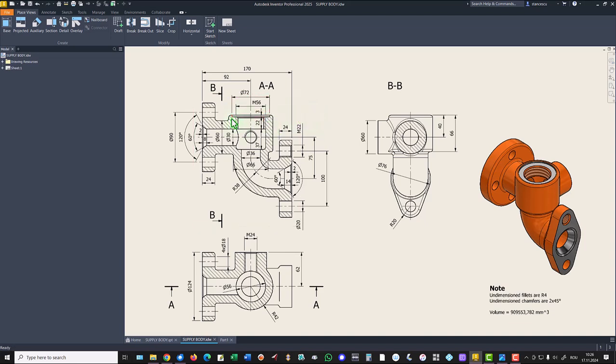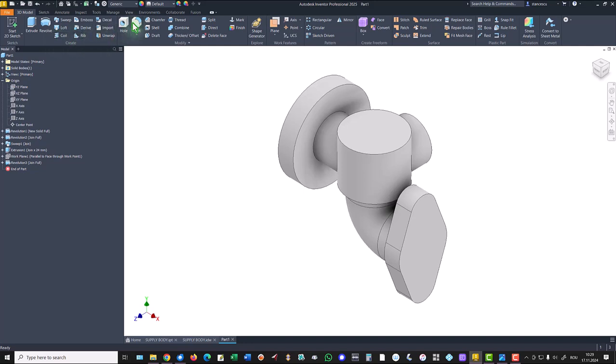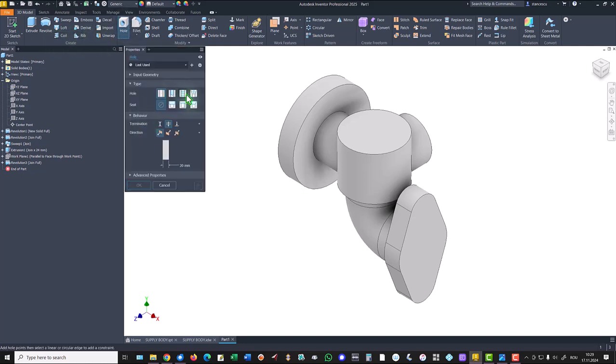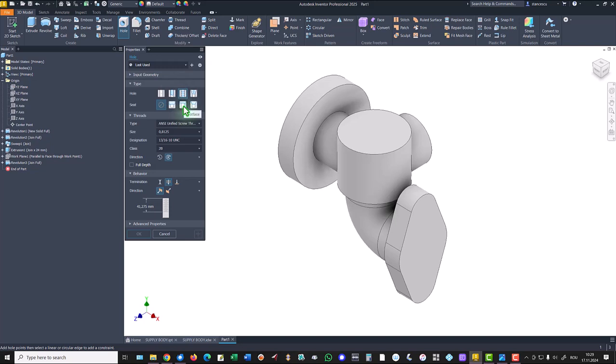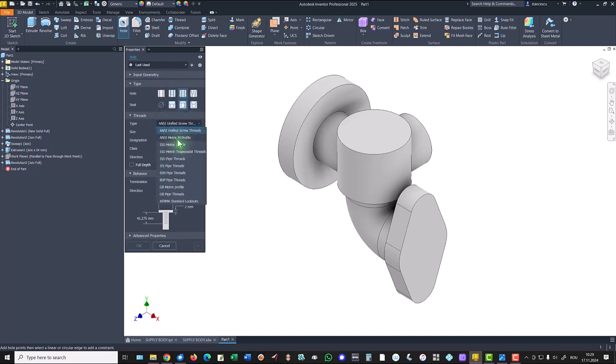The first will be this hole with a spot face, dimensions 72, metric 56, 22, 3. Hole, threaded, spot face, isometric profile, 56, a large thread is here. Dimensions, this is